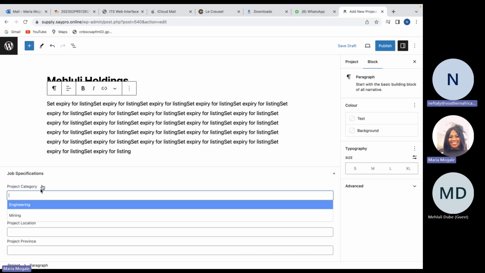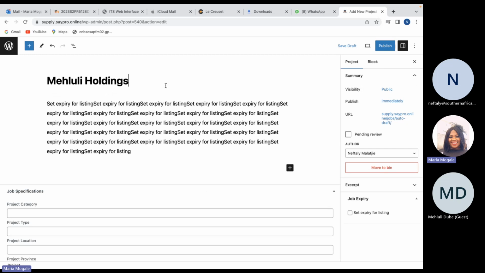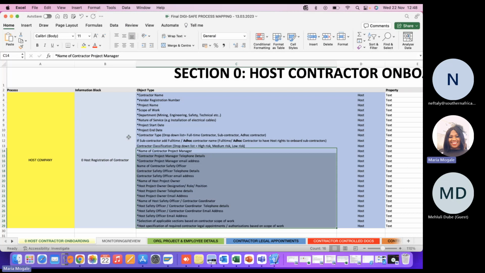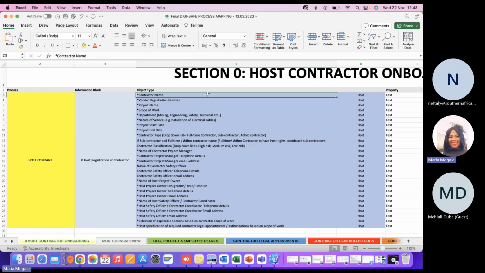Yes, yes. And that's when now we are capturing, this is the host saying, we know that Mehluli Holdings is the one that has been given a tender to change or upgrade the wiring for the building. Now, like Mehluli was saying, this is where the host will put all of that information because they know that the tender was won by Mehluli, a PTY Ltd, and they have the information.